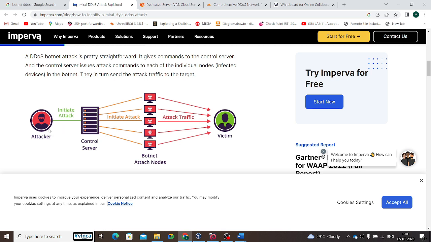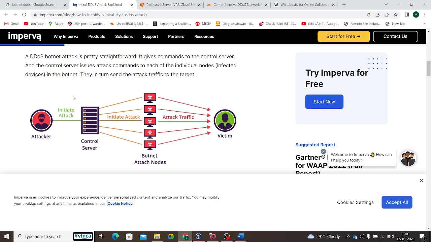Okay, so now what happened? The attacker initiates the attacks using the control server, and it will give instructions like shut down the system or the victim, or make that server or website performance lower. So that is a DDoS attack. A DoS botnet attack is pretty straightforward.